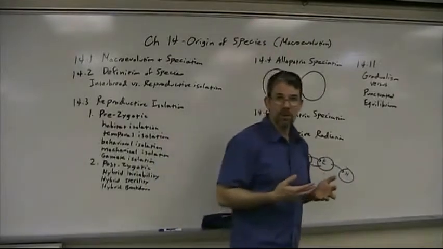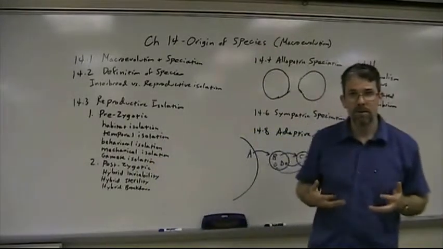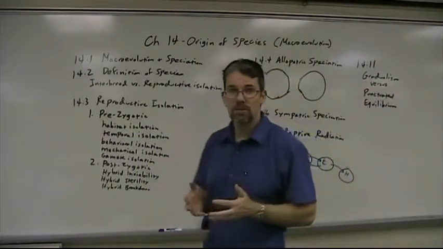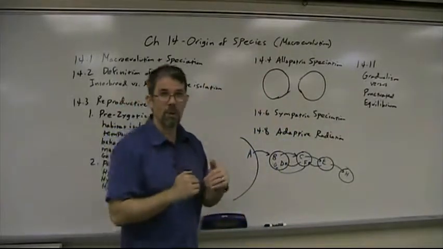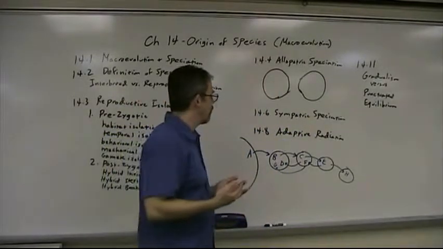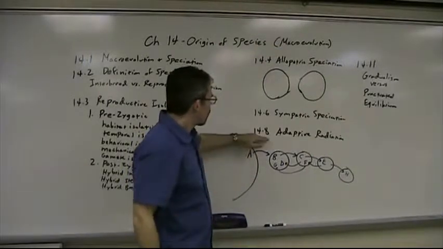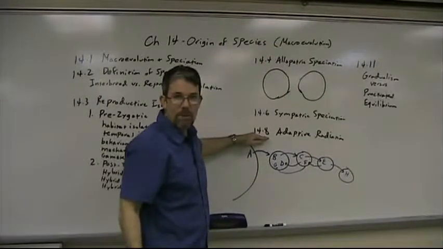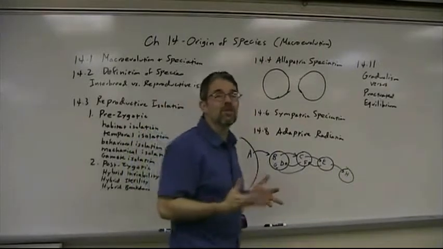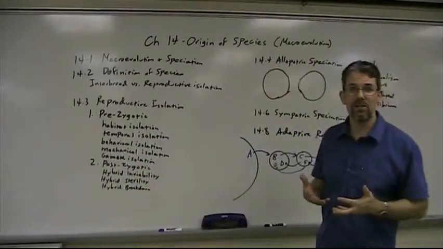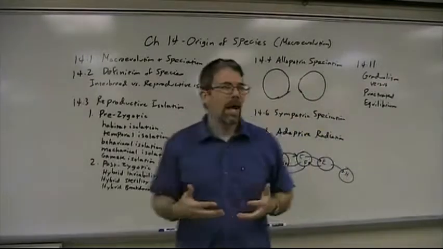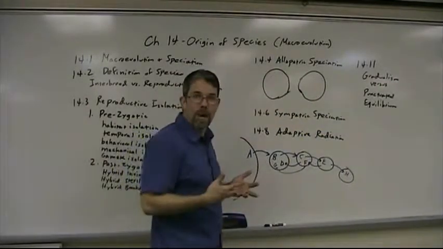Look it up in the previous chapter on selection, modes of selection, where one of them is diversifying. If it's strong enough to eliminate the middle, then they've speciated. That's the case with the apple maggot fly. Read that in your notes. Section 8, it discusses adaptive radiation. This is the relatively rapid production of many species from a few or one. Now, it can be sympatric or allopatric, doesn't matter.